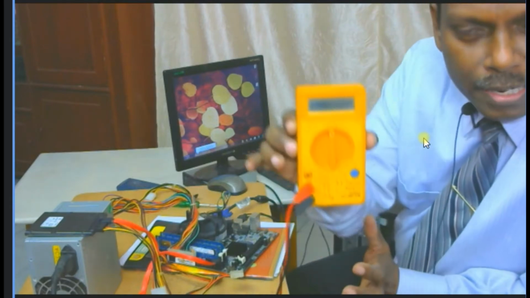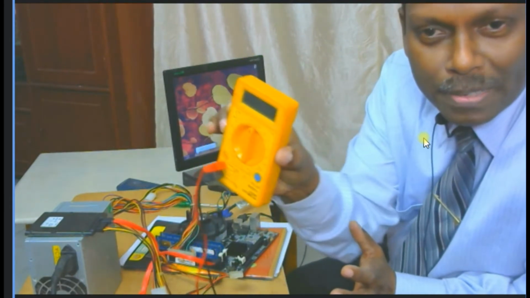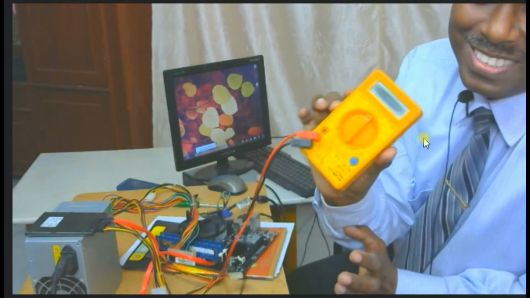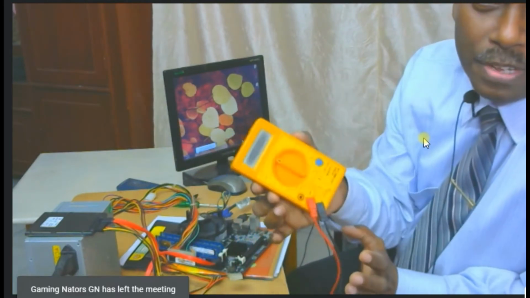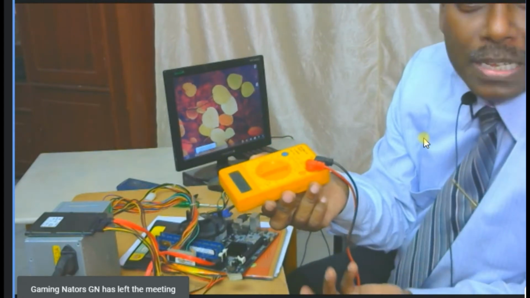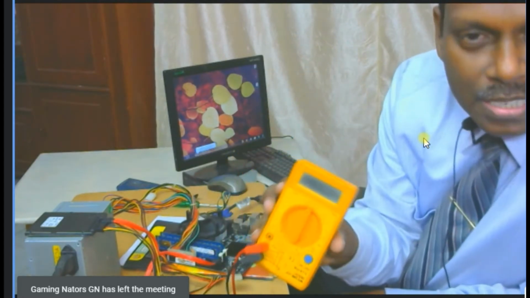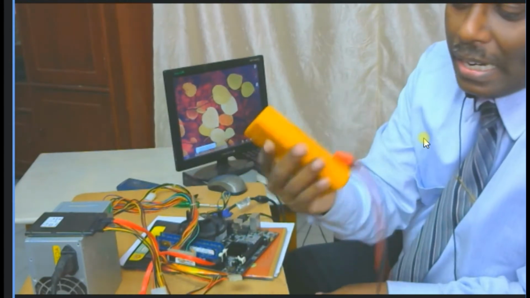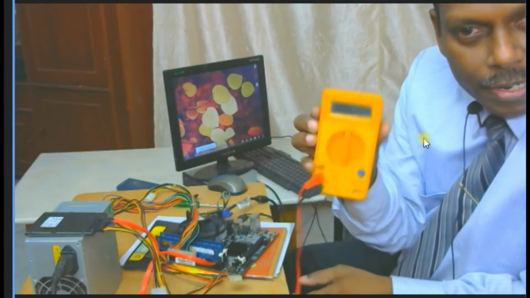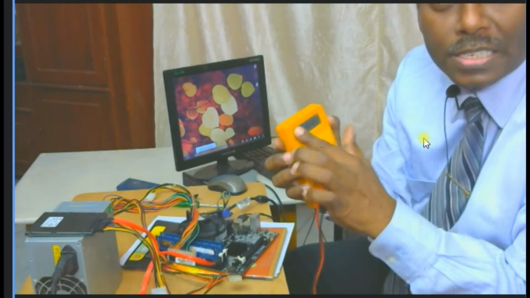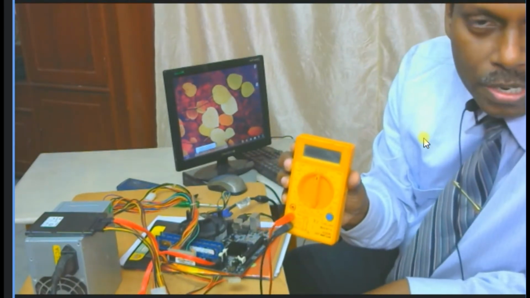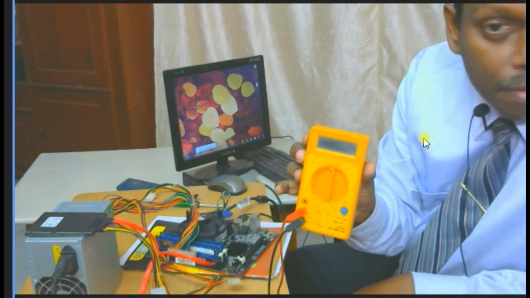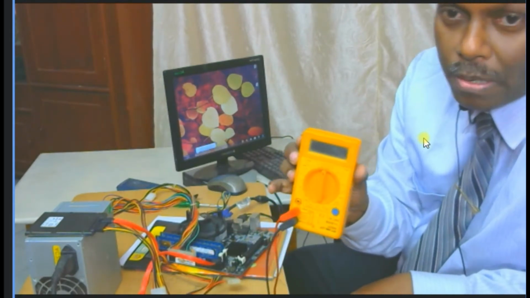And you know what is the cost of this multimeter? Very cheap. It's only 250 rupees. Sometimes it can be 400, but most of the times it is less than 300 rupees. So this contains a battery inside, where it will test and show you digitally on the screen what is the voltage, but you should know how to use it. Without knowing how to use it, you will not get proper results.